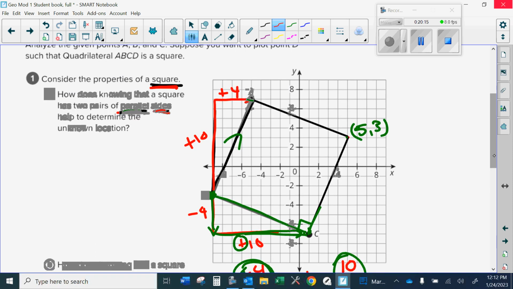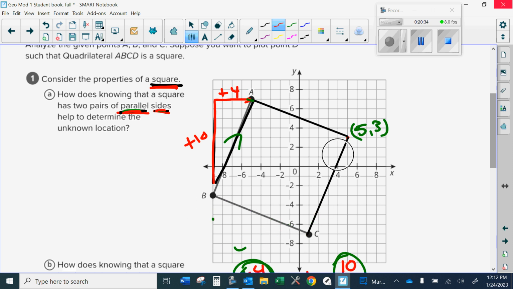Next. How does knowing that a square has two pairs of parallel sides help determine the unknown location? We can use slope, that's the easiest way to do it. Well, there's multiple ways. Parallel means it has to have the same slope. Okay, so if I see this slope right here,